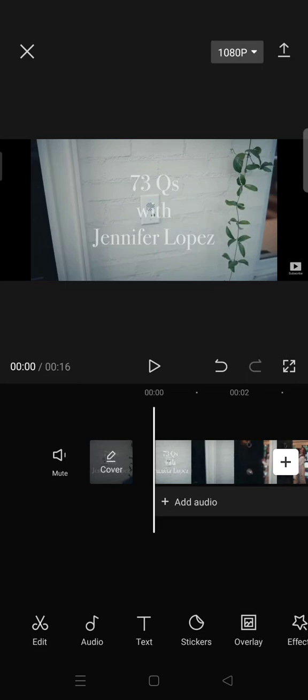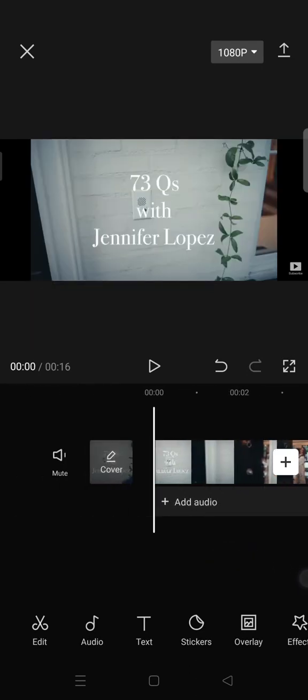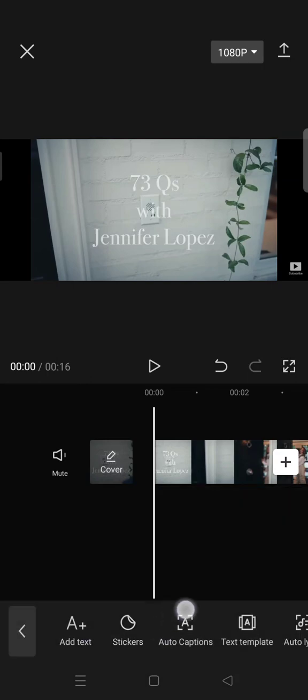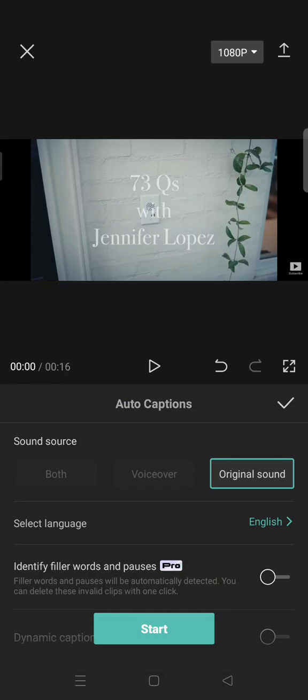So on today's video, I'm gonna show you how you can add subtitles to your video without typing them one by one. So this one is pretty easy. You don't need to sweat, and I probably think that you've already known this feature, but I'm going to just show you anyway. So first import your clips and then go to the text and choose auto captions, and then